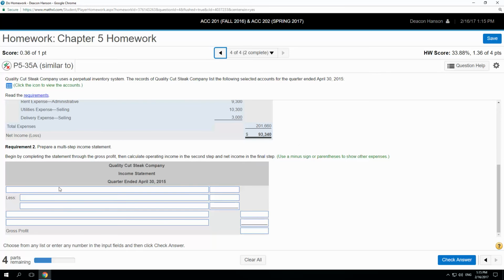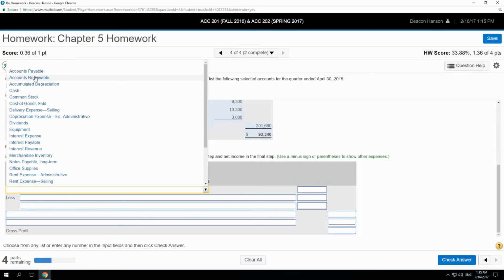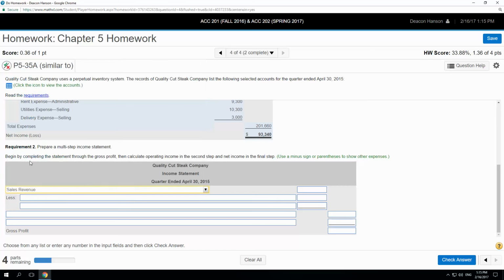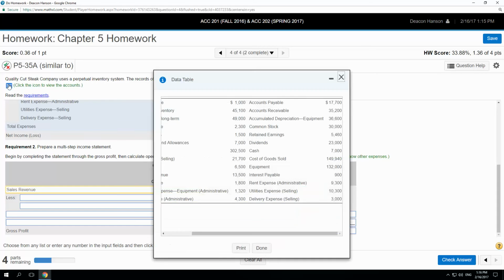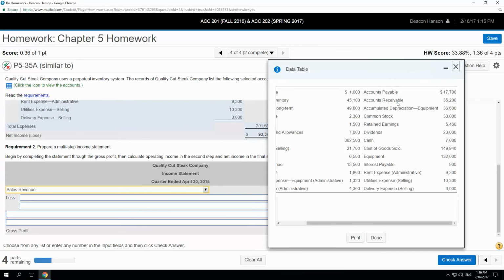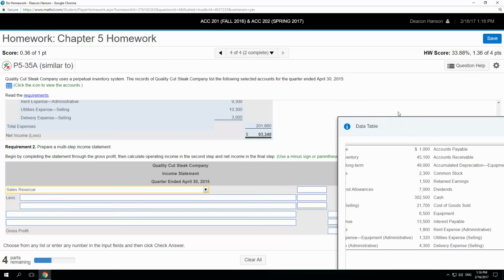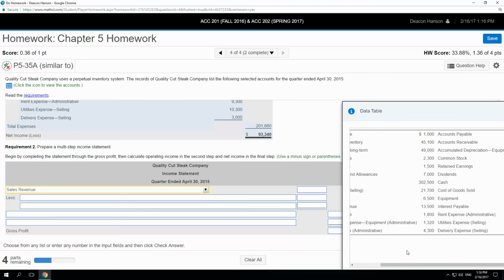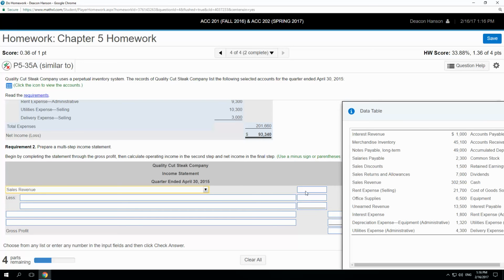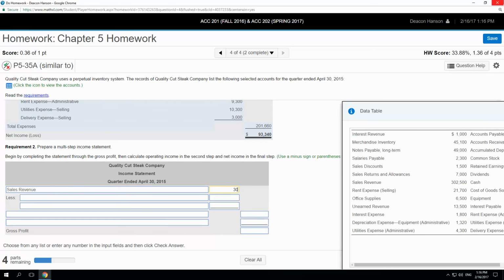So here I'm going to show sales revenue. See, they give it to us this time. So the program's kind of set up where it guides you a little bit. We didn't have this label in the single step, okay? So we're going to put sales revenue in, and I got to get my data up again. So that sales revenue figure was 302,500. See, I'm showing it right in the income statement. Then remember,